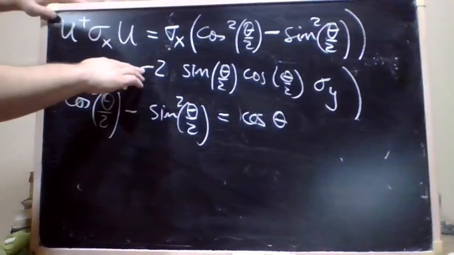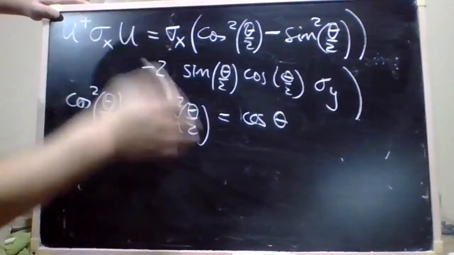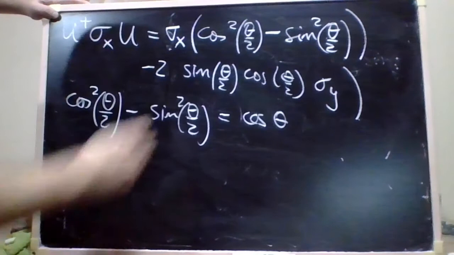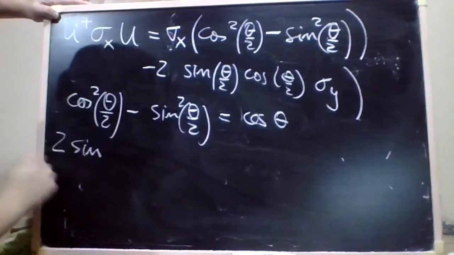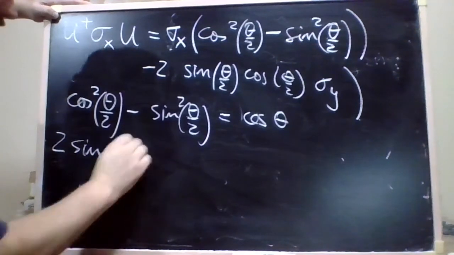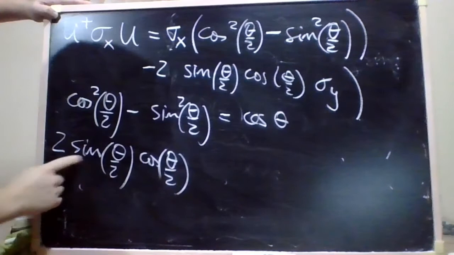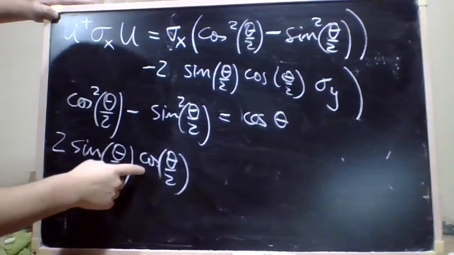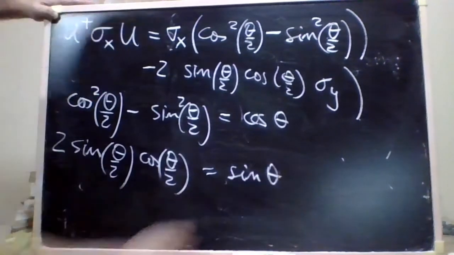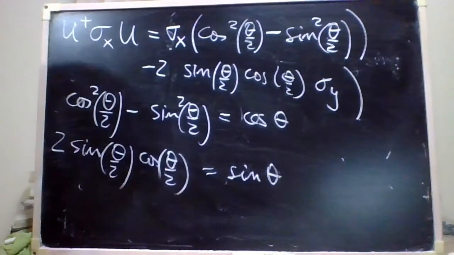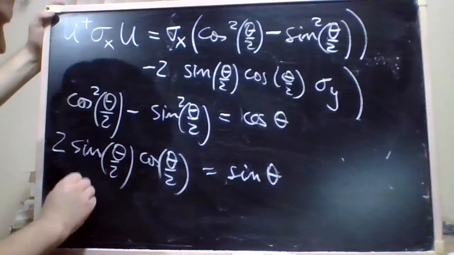So that's because this minus here. And the imaginary, of course, disappears from the equation. And twice the product of sine theta over 2 cosine theta over 2 is just the sine function, right? So we arrived at the desired result, which means